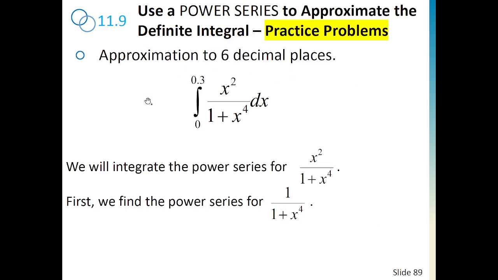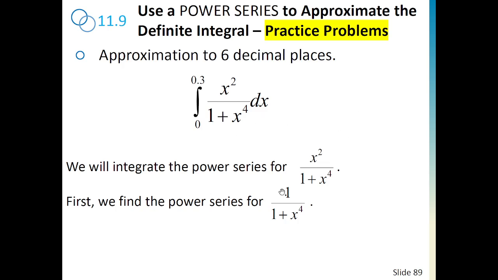Maybe this example here where we estimate again the value of the integral, approximation to 6 decimal places, and we suspect that this will give rise to our alternating series, because then things will be easy, because we have the estimate of the error being the term that is neglected. So